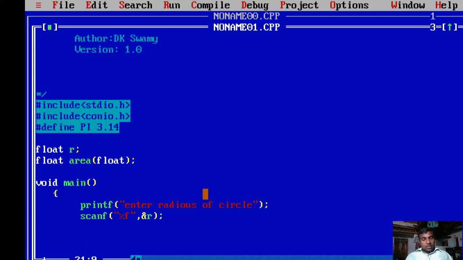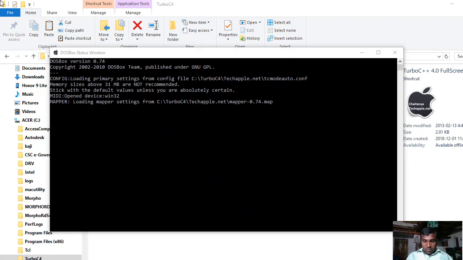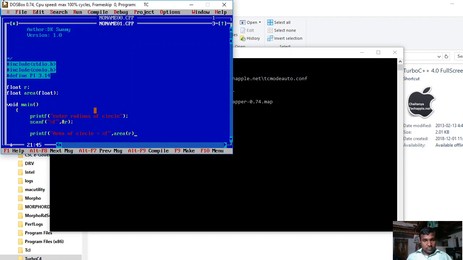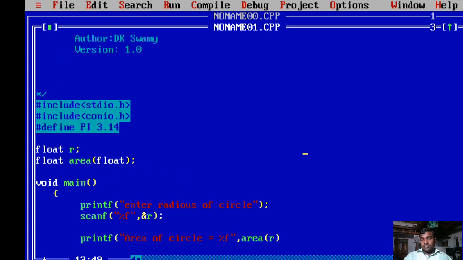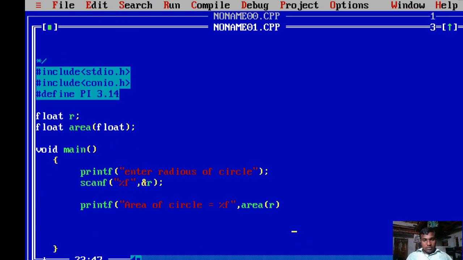Then printf, so I am trying to print the area of circle is equal to.